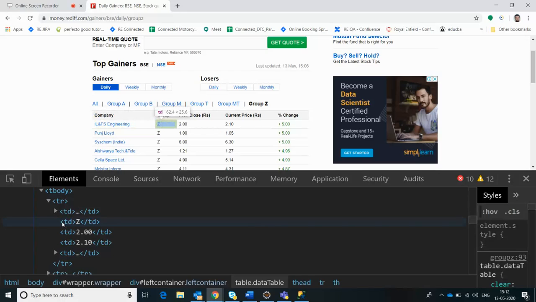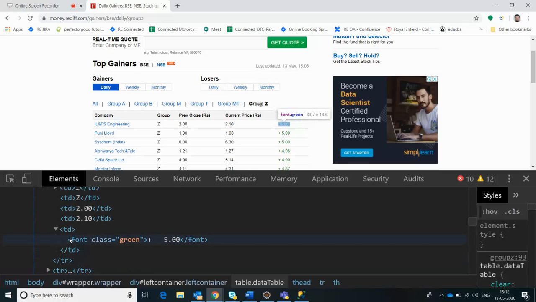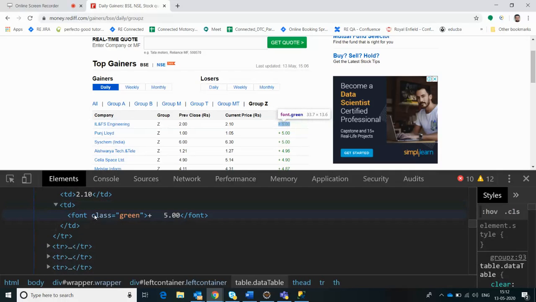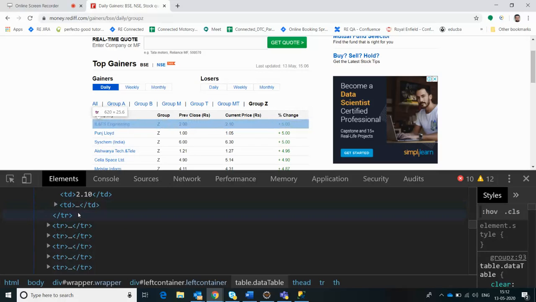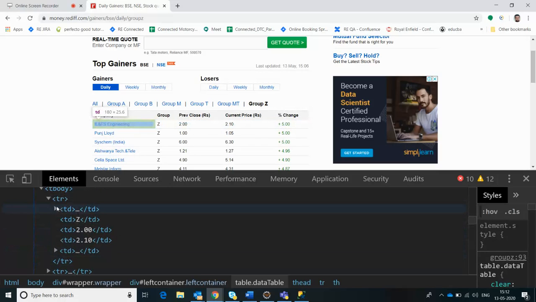Now this is the second column for this row, the group is Z. The third one is 2.00. This is the third column, fourth column, this is the fifth column, right? There is a specific feature of this last value because it also has some color: class green, with green color, and its value is plus 5.00, right? And finish. The first row has 5 columns.